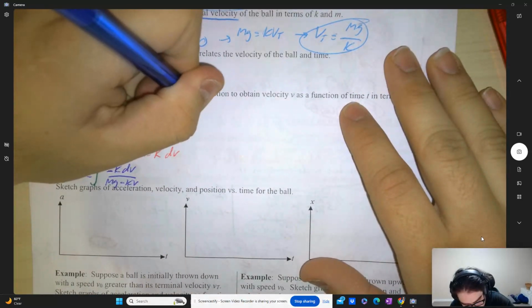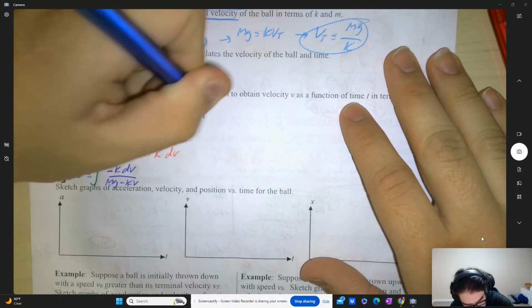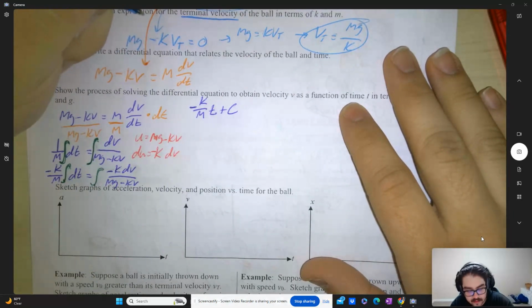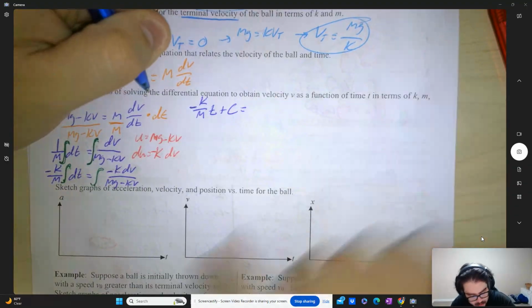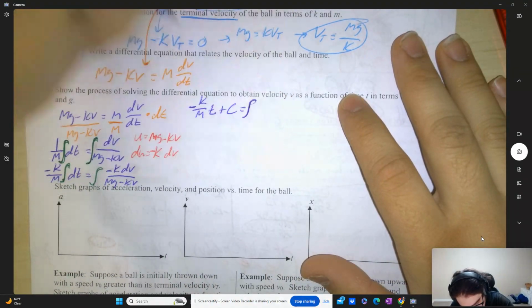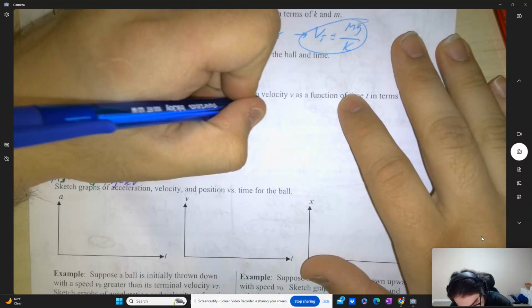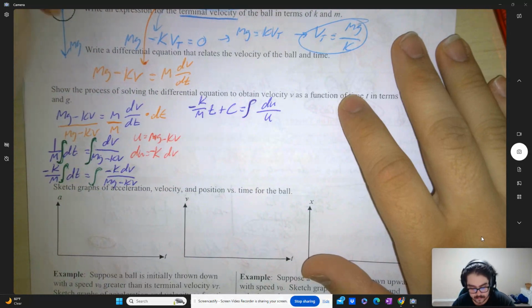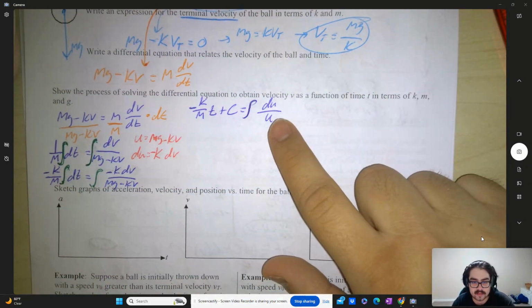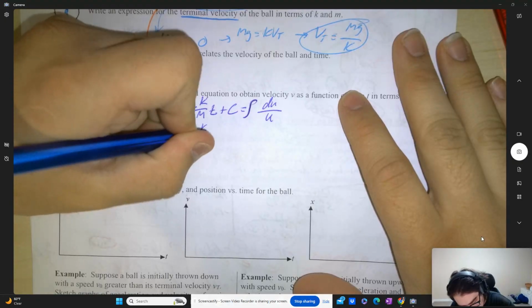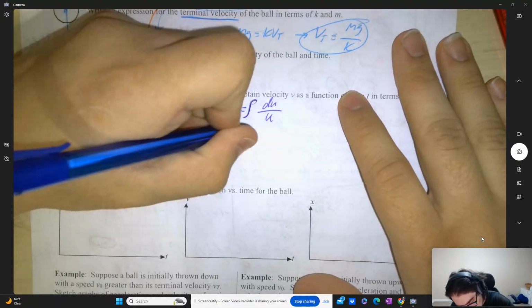That's just going to be negative k over m t plus c, and set that equal to the integral of du on top over u. And then you can see that the integral of this is just going to be negative k over m t plus c equals